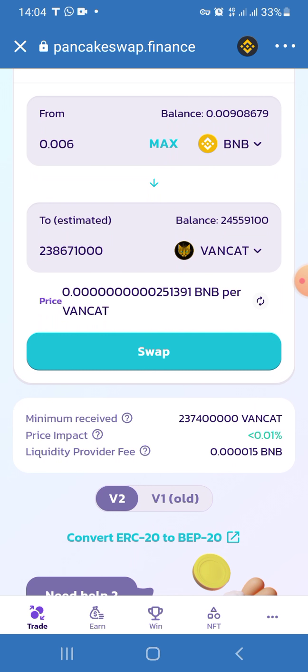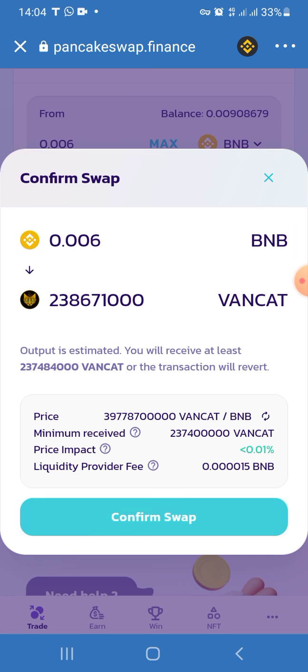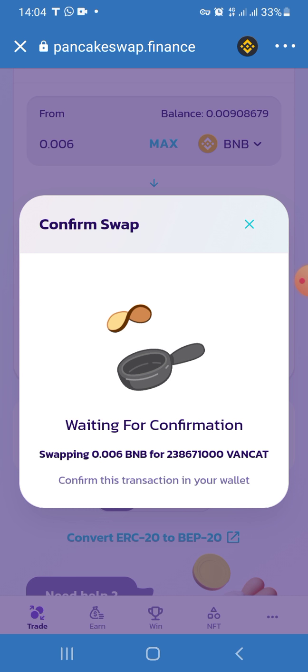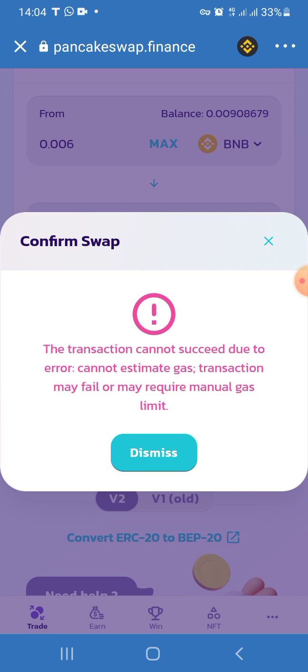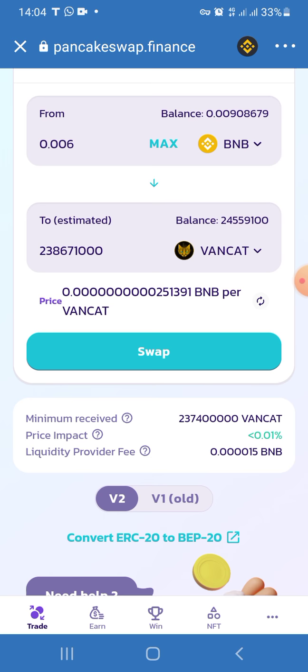Now sometimes the transaction can also fail due to error: cannot estimate gas, transaction may fail. Sometimes we have issues like this. You cannot swap because of transaction fee. Okay, so